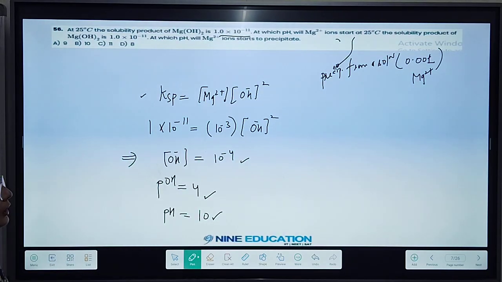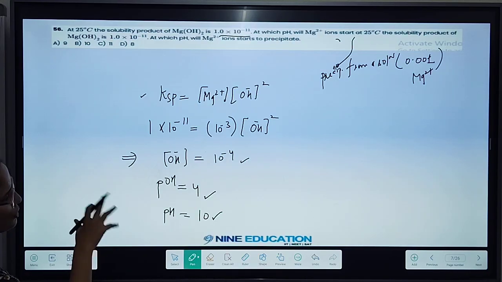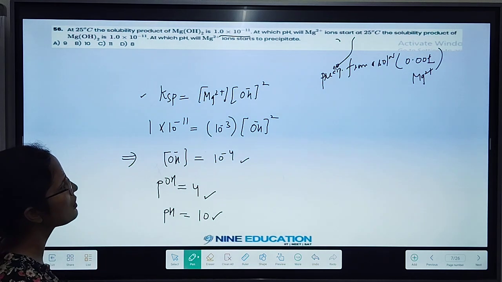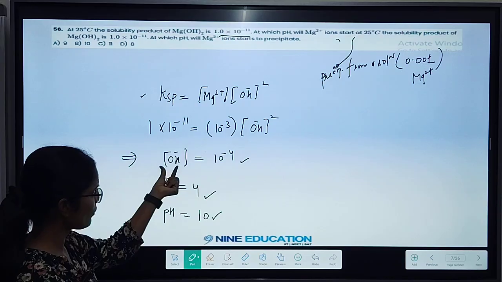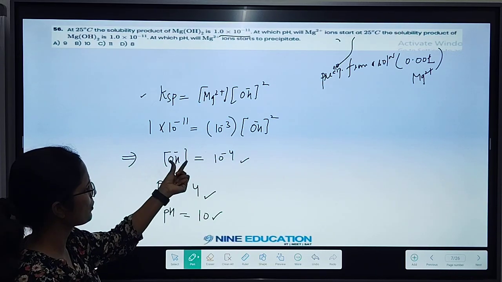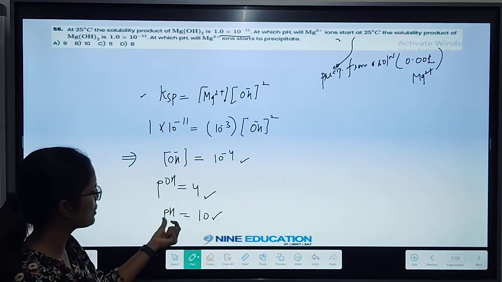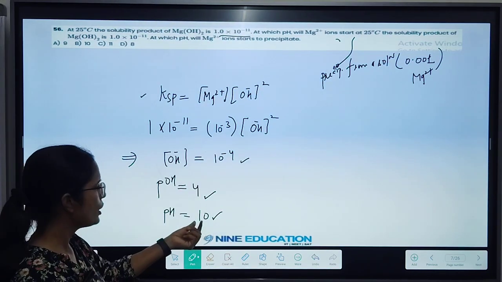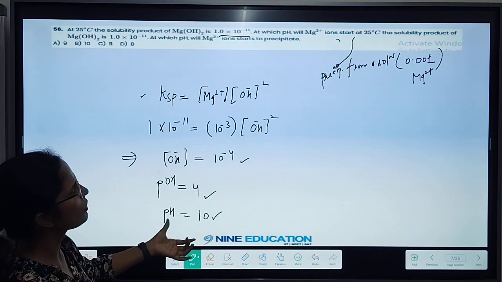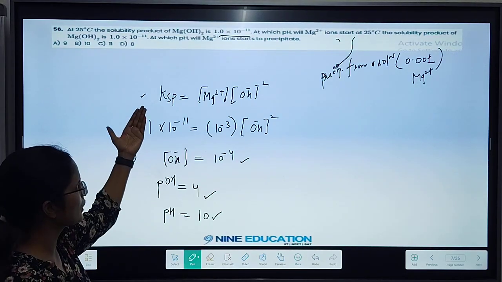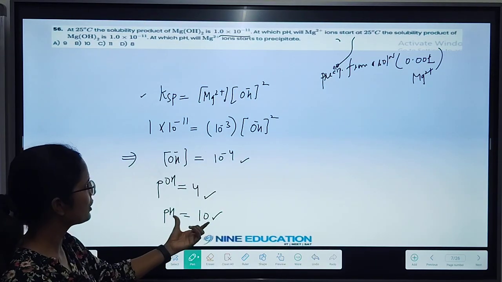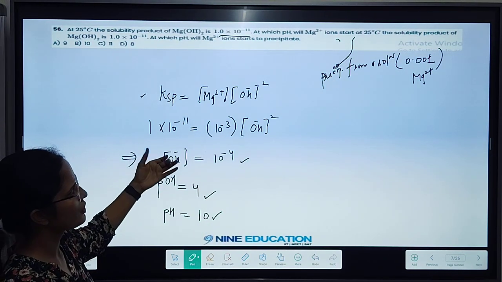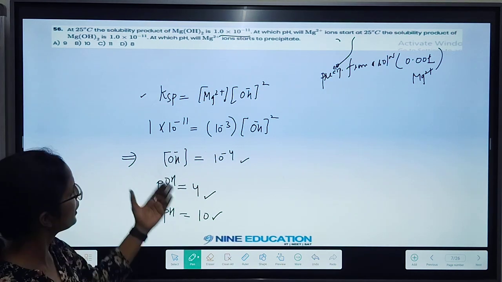Now you must be thinking why we are coming to this calculation of OH minus concentration. We need to talk about when this Mg2 positive ion will start precipitating, right? So if we find out OH minus concentration with the help of Ksp, OH minus concentration is coming 10 to the power minus 4, means pH will be coming 10, right? So if pH will be 10, your solution will be your saturated solution, right? Because we are finding out this pH or OH minus concentration with the help of Ksp. So at this pH your solution will be saturated and precipitation will be starting, and they are talking about that